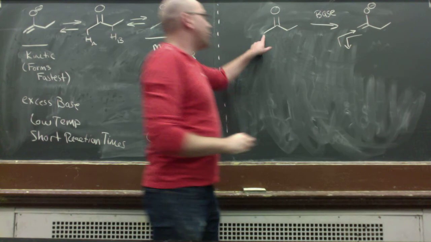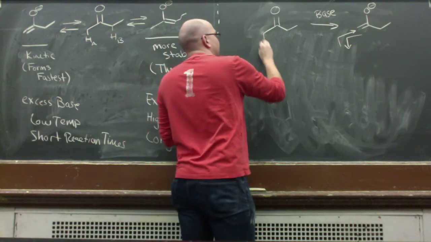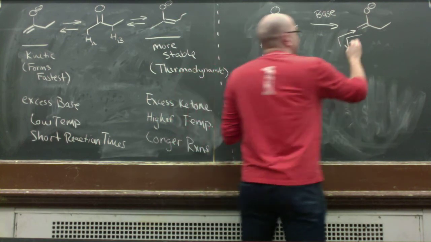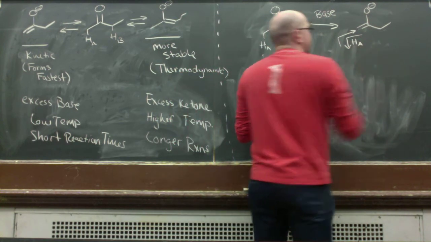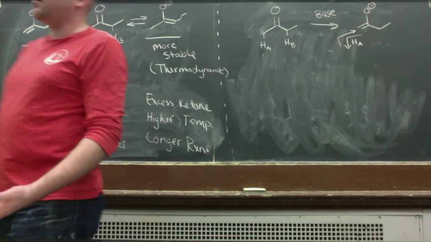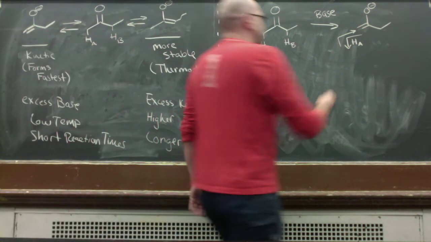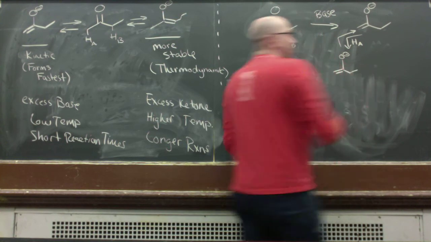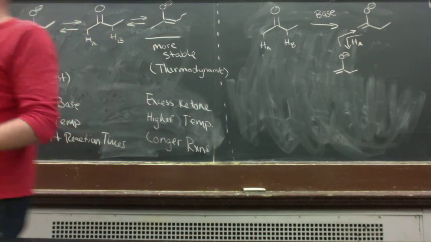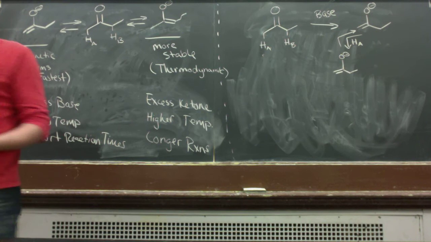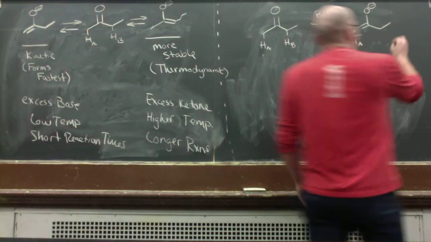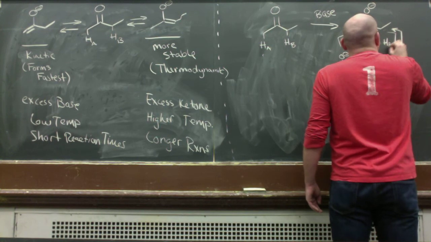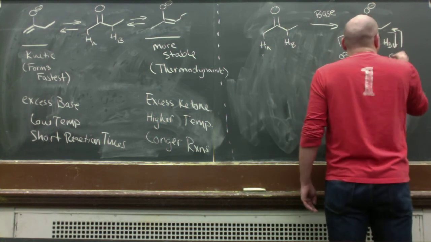It can either deprotonate, say, HA and HB again. It can either deprotonate HA, in which case it's just going to be redundant. You're just going to regenerate the same enolate. And maybe that would happen right away. But over time, what's going to happen is you're going to allow it to react with HB. In which case you would generate